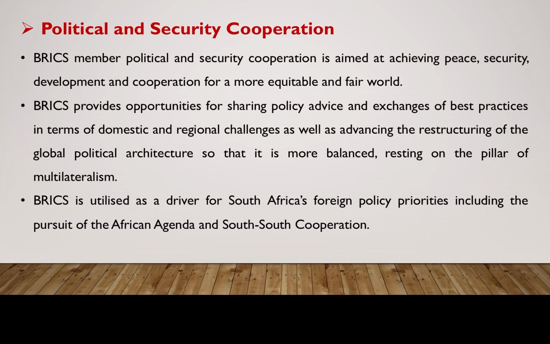Third one is political and security cooperation. BRICS member political and security cooperation is aimed at achieving peace, security, development, and cooperation for a more equitable and fair world. BRICS provides opportunities for sharing policy advice and exchanges of best practices in terms of domestic and regional challenges,